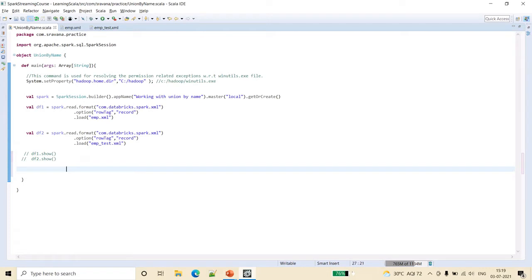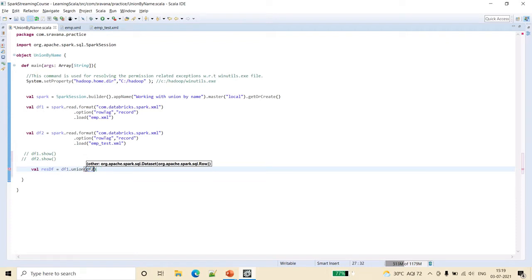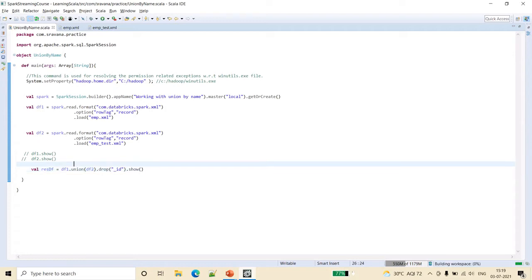So today we will see how to union these two, so that both the data frames will be combined, and wherever the missing values are there, it will substitute that with null. So let me create a resultant data frame, df1.union(df2). Now I am dropping that underscore id so that we don't get confused, and I am calling show. Okay, so here we are verifying.